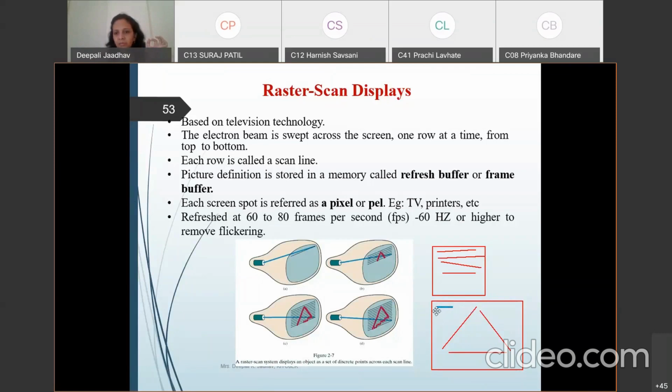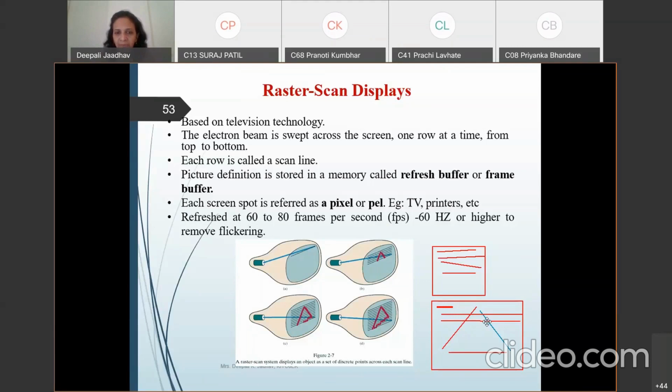Consider this row. On this row there are two points, here and here, that we need to display. So we store the information for this pixel and this pixel, because these pixels are in the triangle we are going to draw. Then it goes to the next line. In the next line, this pixel and this pixel are important, and this information is stored in the frame buffer. So for the entire triangle, the entire pixel information is stored in the frame buffer.